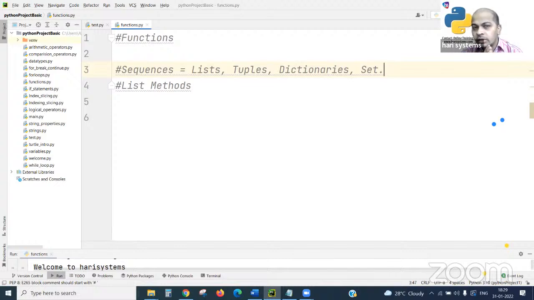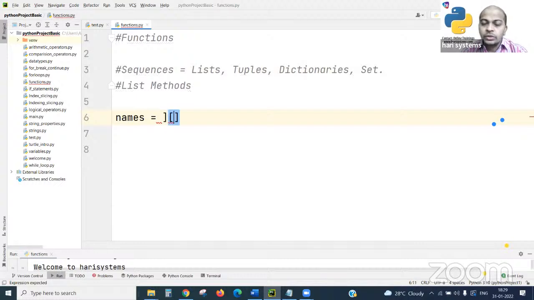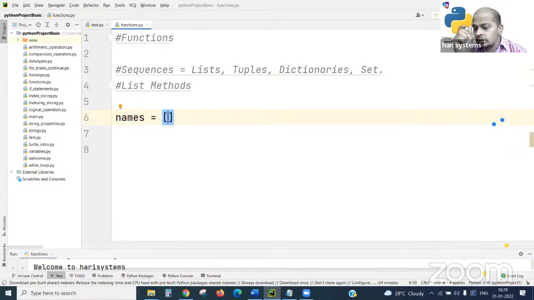It will be treated as a group of data irrespective of data types. For an example, how we treat it as a list item, say names.